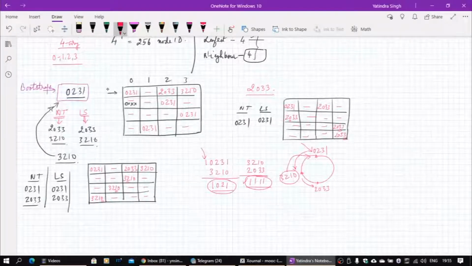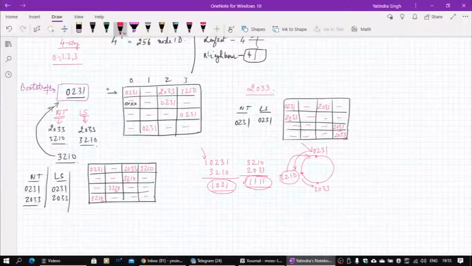For the leaf set also the same thing. So you will retrieve the leaf set of these nodes as well as send its own leaf set to both of these. Same will be done for the routing table. So 2033 will become aware of 3210 because they will send the information, which is there in the leaf set as well as in the neighbor table and in the routing table. And of course 2033 will not give any new information to him, so there is no change.